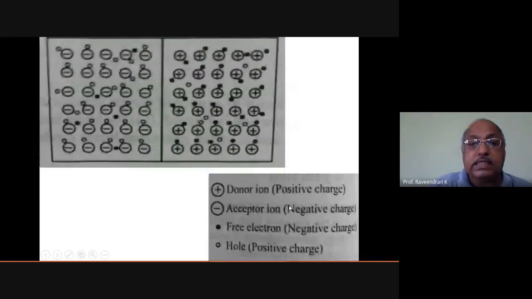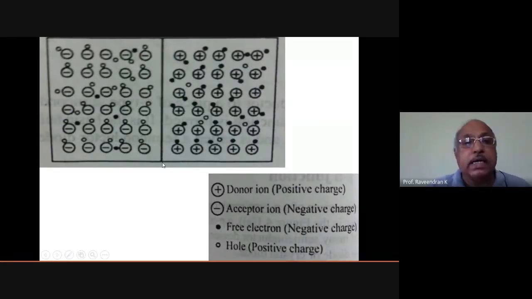So let us see here the P-type material and the N-type material, which forms a P-N junction. This is a diagrammatic representation. In the P-type material, of course, there will be holes available. In the N-type material, there will be a large number of free electrons available. When these P-N junctions are